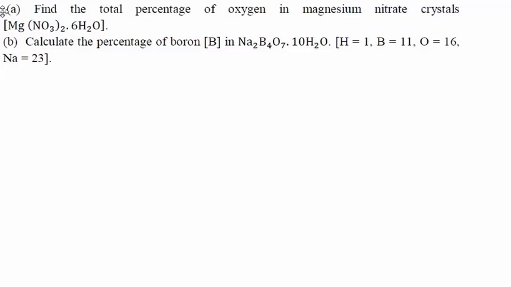So look at this particular question. Find the total percentage of oxygen in magnesium nitrate crystal. So basically this is your magnesium nitrate, and it is hexahydrate. Okay, so you have this magnesium nitrate hexahydrate, and in that you have to find